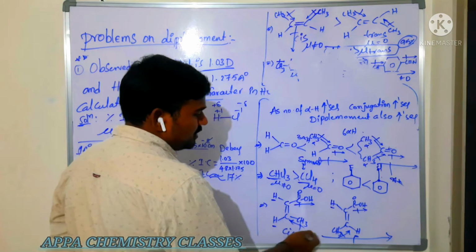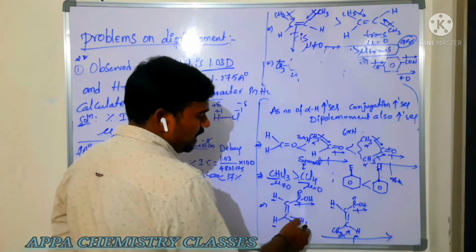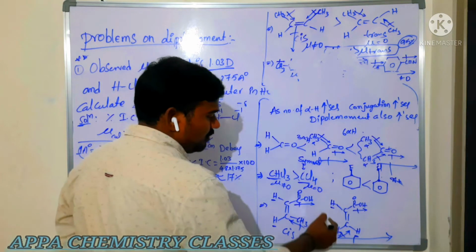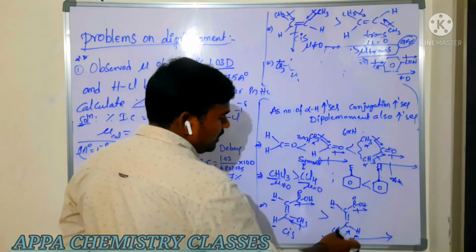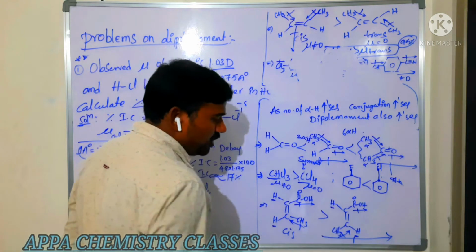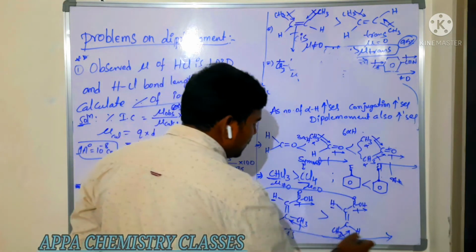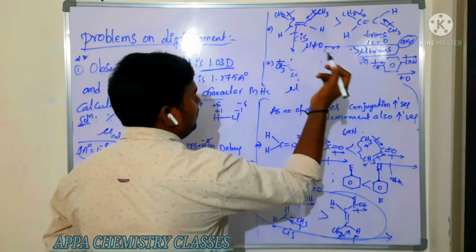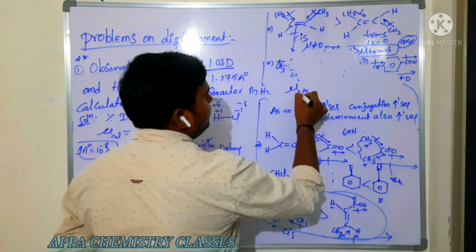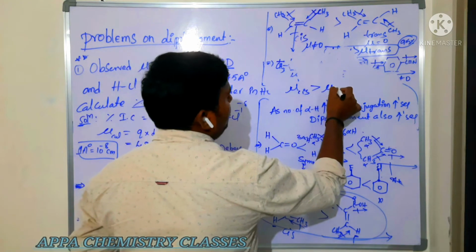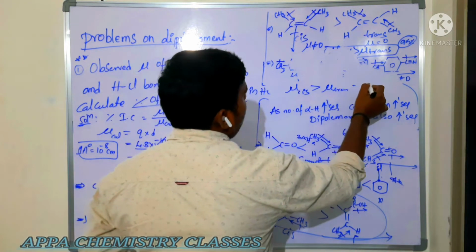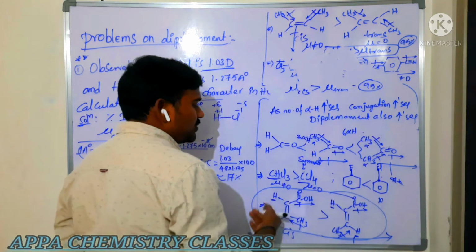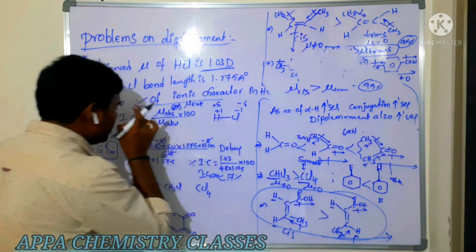But what happens here? Cis is there. So this cis is having more dipole moment than the trans compound. Okay? But whereas here trans will have more dipole moment. This I will explain with another example also. So I told you last time, in the last video, that a cis molecule will have more dipole moment than a trans molecule. It is only up to 95%, but not all cases. Okay? So some exceptions are there, that exception I will tell you.